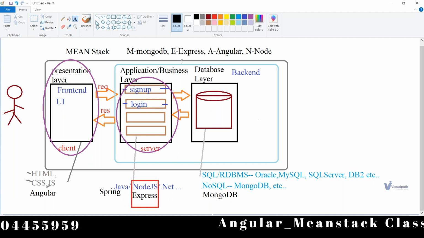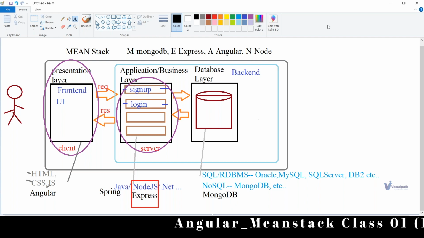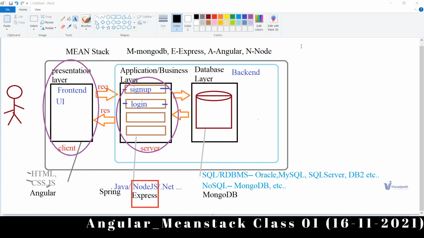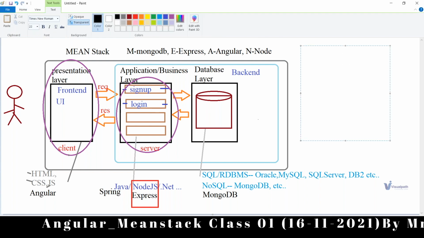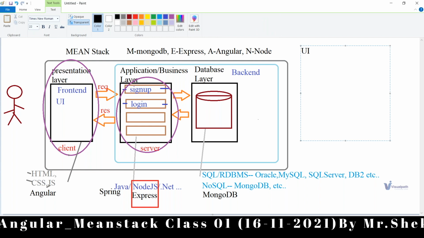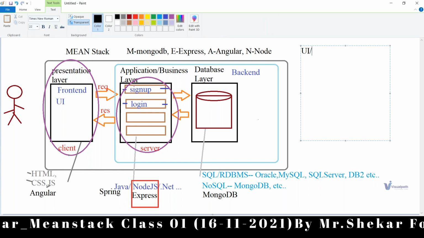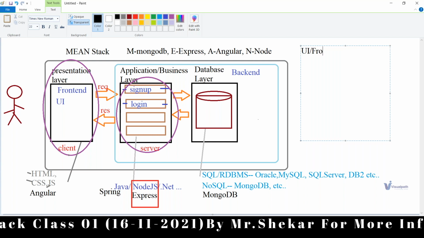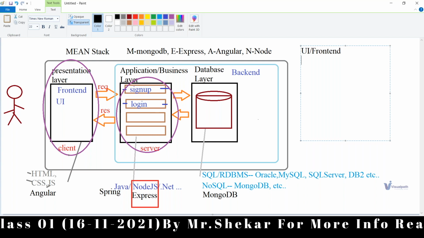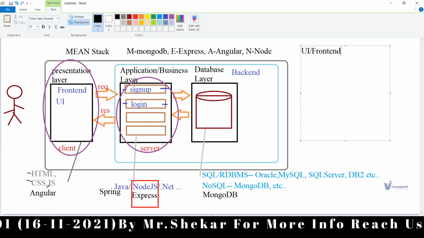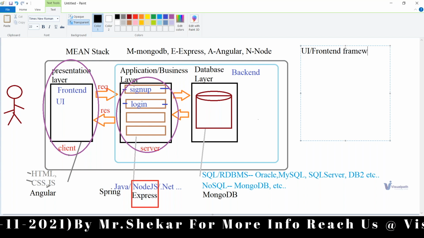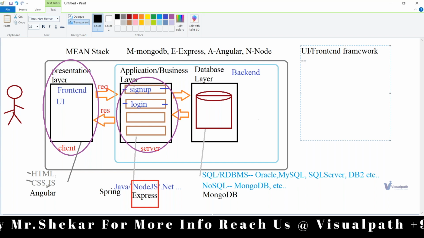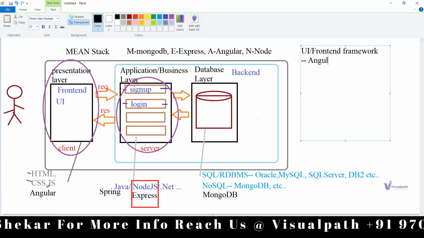In the first phase of your MEAN stack development, I will be starting with the UI or front-end framework. In that part, we will be learning Angular first.